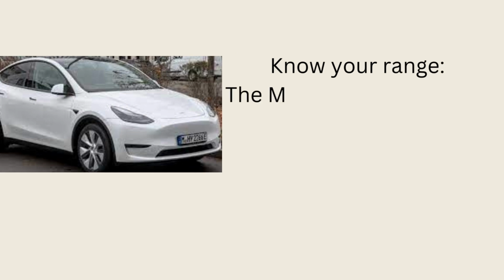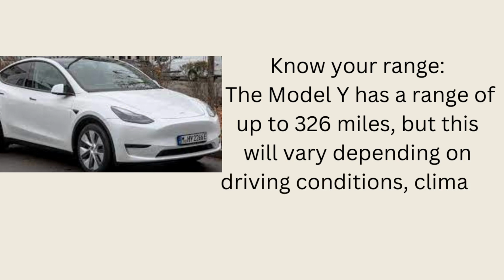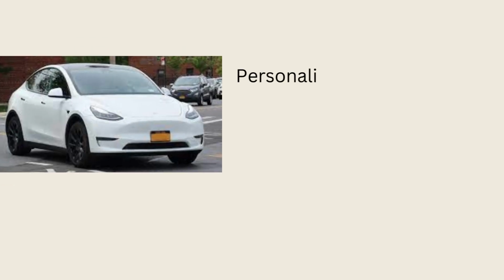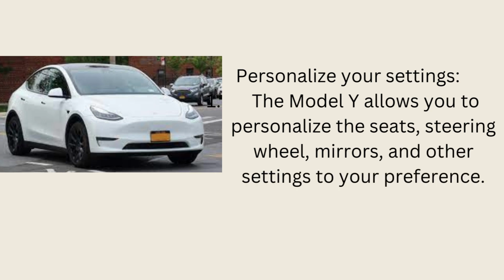Know your range. The Model Y has a range of up to 326 miles, but this will vary depending on driving conditions, climate, and battery charge. Personalize your settings. The Model Y allows you to personalize the seats, steering wheel, mirrors, and other settings to your